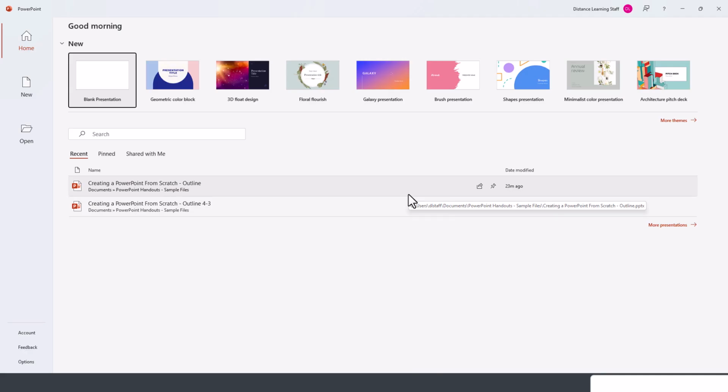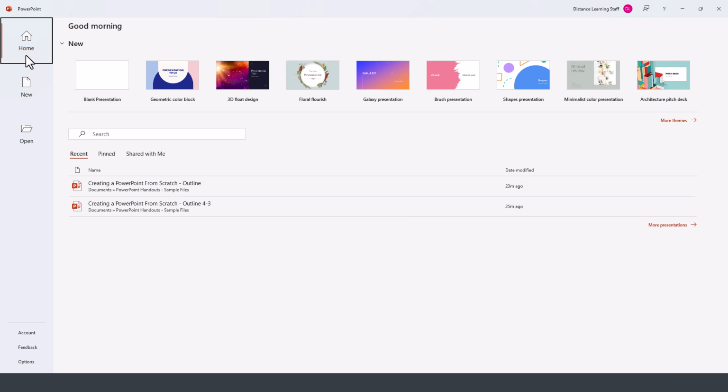And let's acquaint ourselves with the general interface for PowerPoint 2021. On the left-hand side, we have the Home option. Home option will present us with the option to start a blank presentation or to use various templates that are installed as part of PowerPoint or that we can download from Microsoft, and I'll get into those in just a moment. Then further down here is where we can search for specific files, and here we have recent PowerPoint slideshows